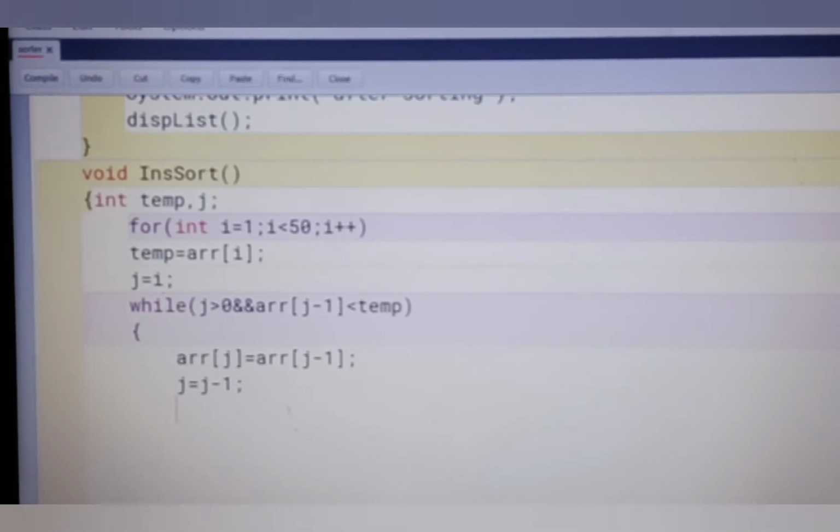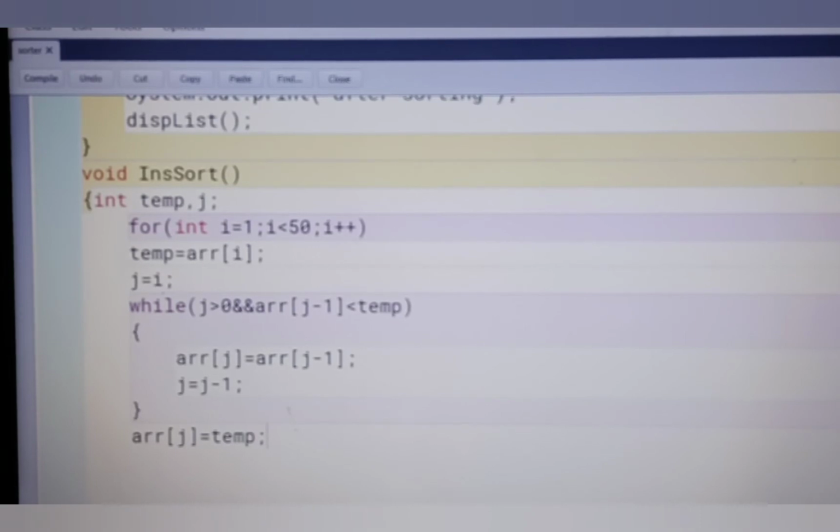Then close the while loop. After the while loop, we store the key element at the array of j position: array of j is equal to temp.